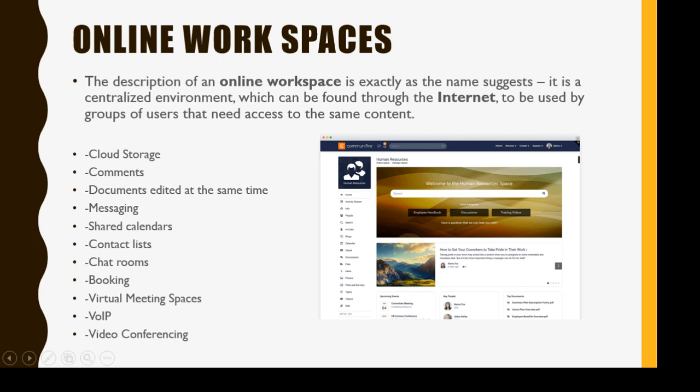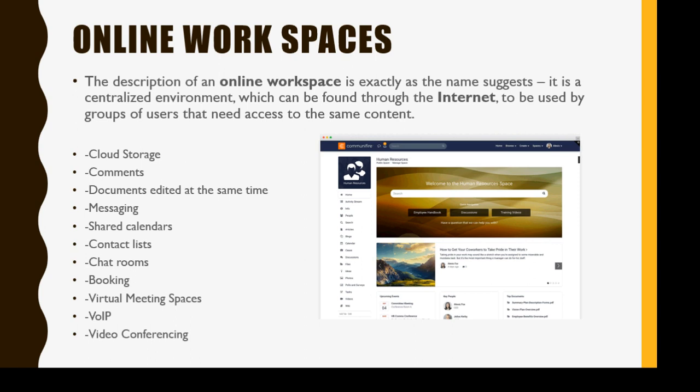Right, next is online workspaces. Online workspaces is another online community. Now it's accessed by the web, and this allows these groups to collaborate with each other. This is much more different from a social network. This is mainly where they run applications, where they have cloud storages, huge amount of space given, and you don't really need these softwares to be installed in your computer.